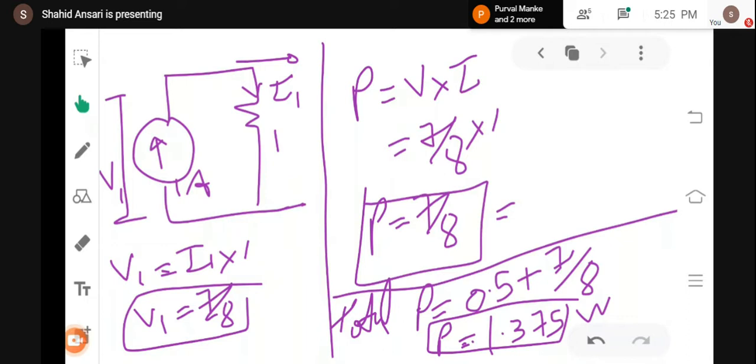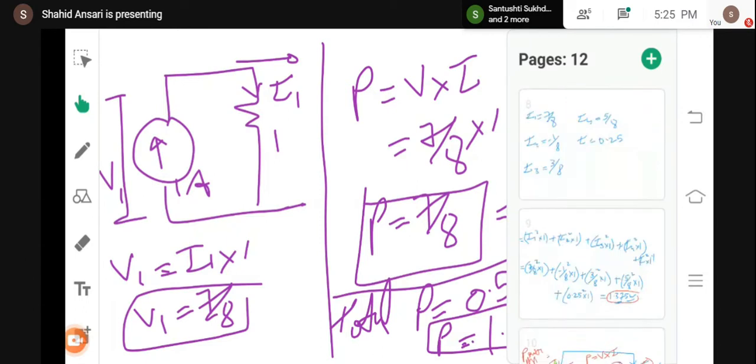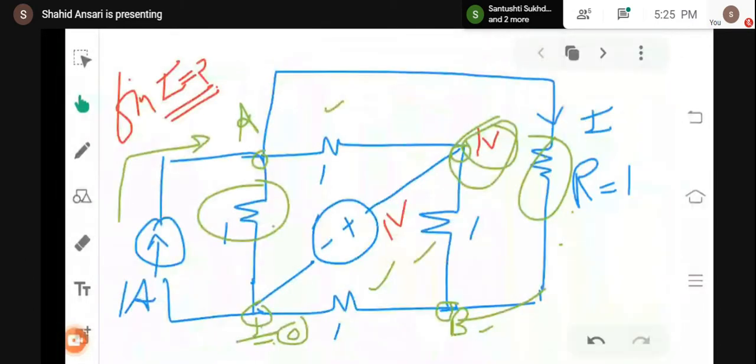Okay. Now, one more thing. You can also solve this particular numerical by mesh analysis. You can easily find how we can use mesh analysis for this numerical. Tell me. We have done it by node analysis. We have seen the value of current I. We have already seen power dissipated as well as power absorbed. But if we again need to find the value of current I by using mesh analysis, how can we do this?